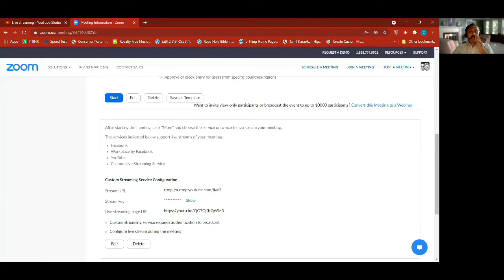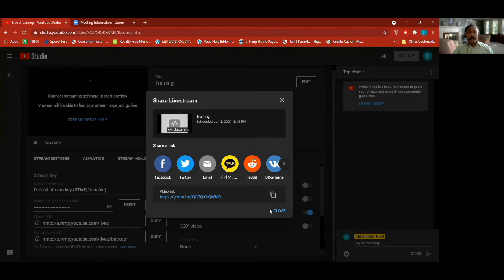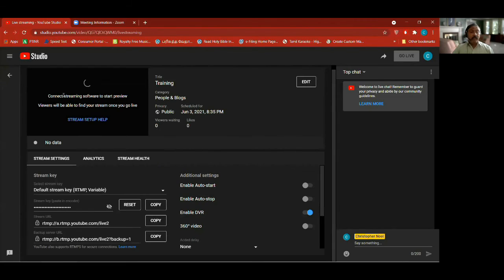So when you're running the Zoom meeting, all you have to do is go to the more button and hit live on custom live streaming. When you do that, you can actually see the video showing up on the left side of the screen, and this go live button will become blue. That means it's ready to go. Right now it is gray because it's not getting any data. But once we set up and the meeting is started, you use the more option and say custom live on YouTube, go live. When we start that, you will start seeing the images and video running, and this will become blue. Then you hit go live.